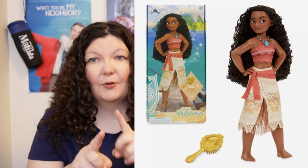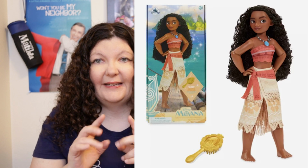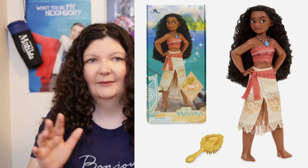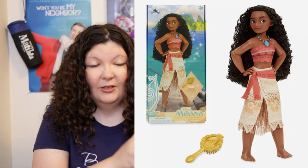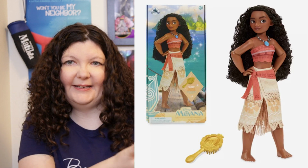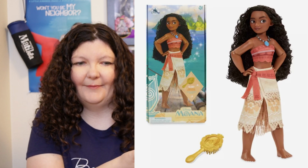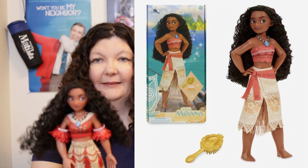Now I have the second outfit on her because here's the classic outfit that you can still buy at the Disney Store, but I have to warn you, apparently in the last two most current reviews, the necklace is not a part of her. So even though they show the necklace, if you buy her, you might not get the necklace. Or it could just be an error. I do not know. But this is the original outfit, and this is the outfit that she came with in the Singing Moana doll. But I have her in the second outfit,